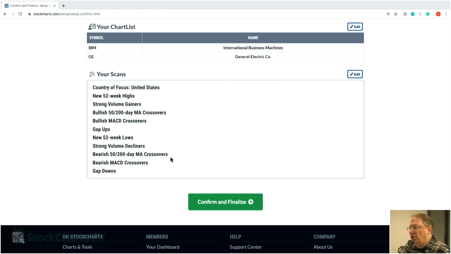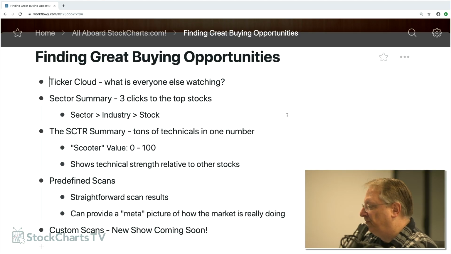So we're almost out of time. The last slide that I have is about all the different ways you can find buying opportunities. I've already mentioned most of these: the ticker cloud, scooters. Let me just quickly take you to predefined scans